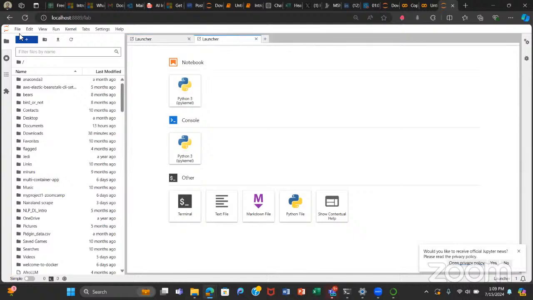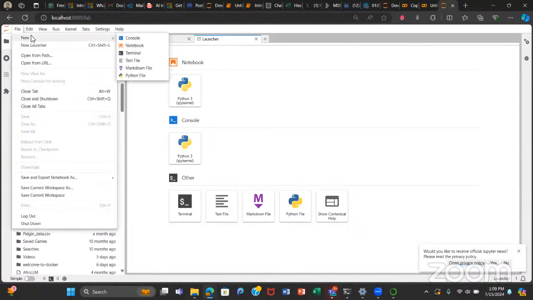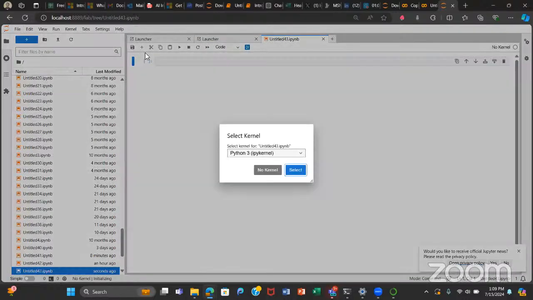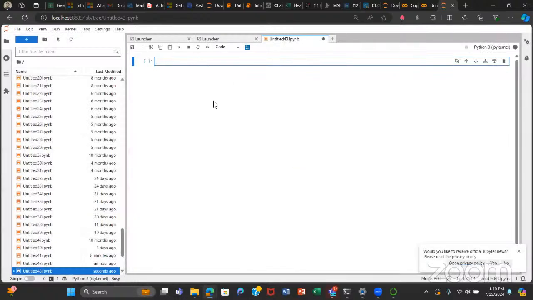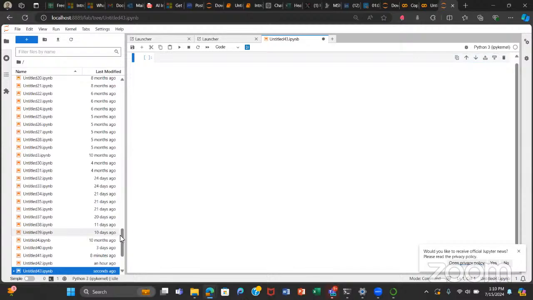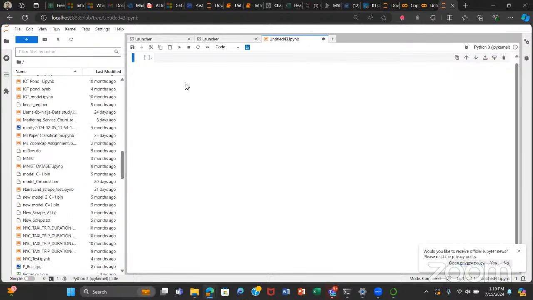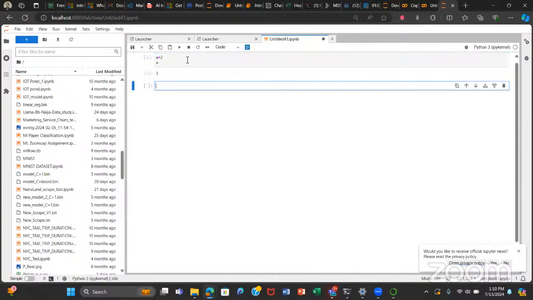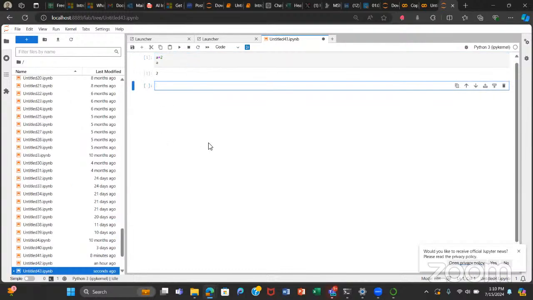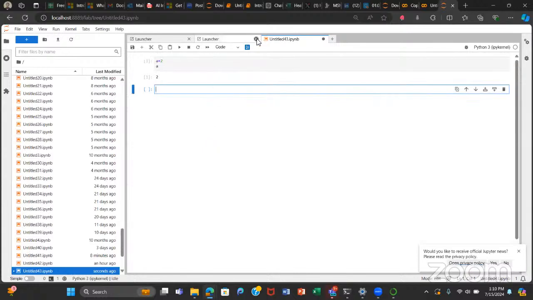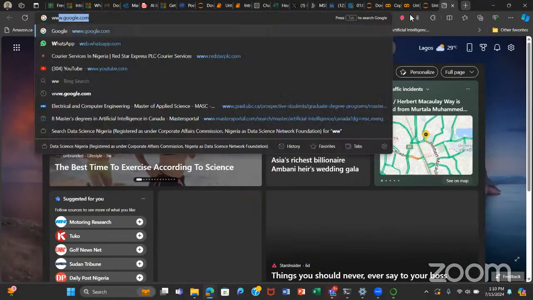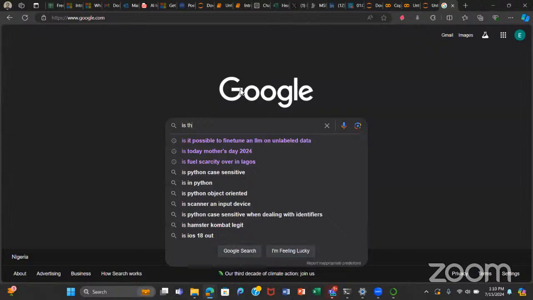Jupyter Lab. Let's see, I'll create a file. Notebook. Wow. Well, it seems similar to Jupyter Notebook, but just a different interface. That's what it looks like, really. Let me just try something random. Yeah, it seems like Jupyter Notebook, but just with a different user interface. Let me quickly read if there's any other demonstrable difference, really, because I've never seen it before.